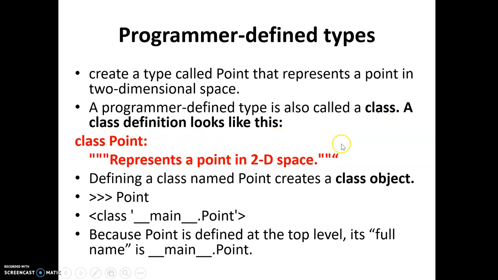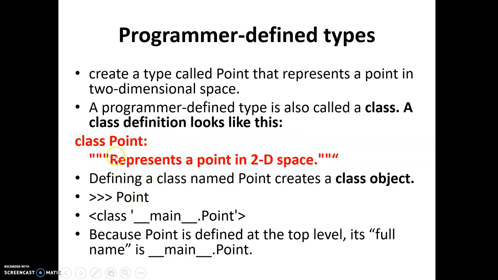This is the syntax that needs to be used for creating a class in Python. The keyword required for creating a class is class, followed by a space, followed by the name of the class, and it has to end with a colon. If you don't want to write any definition and you just want to create a class, you need to include at least a comment line in the class if you wish not to include any methods or data within it. This is the simplest way of creating a class in Python.